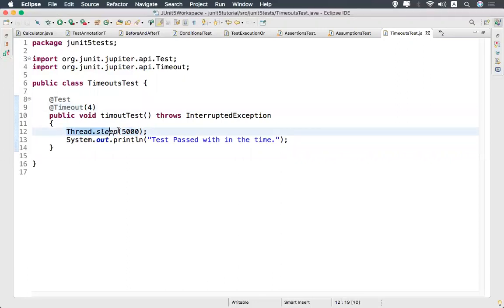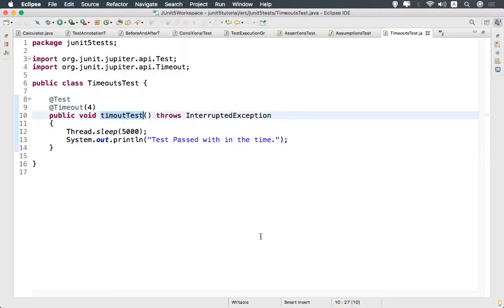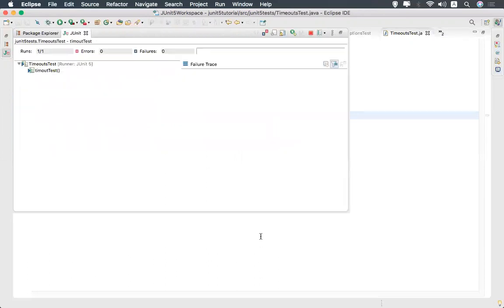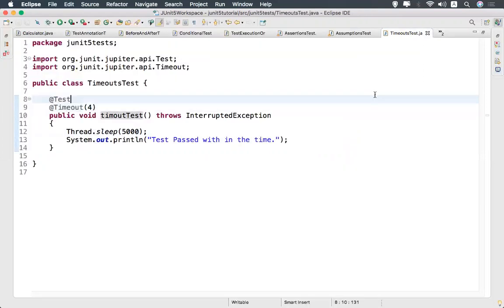Obviously it will not complete within the time, so my test case will fail. We'll see what happens. You see that it failed: timed out after 4 seconds. After 4 seconds it's timed out and will not continue the execution.